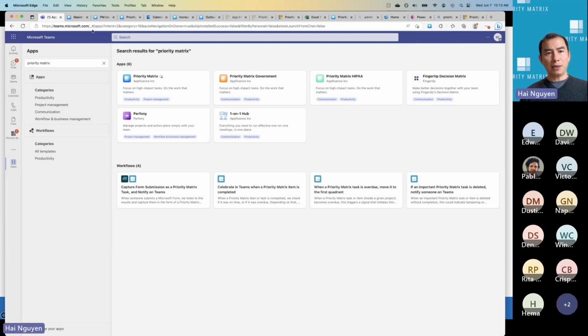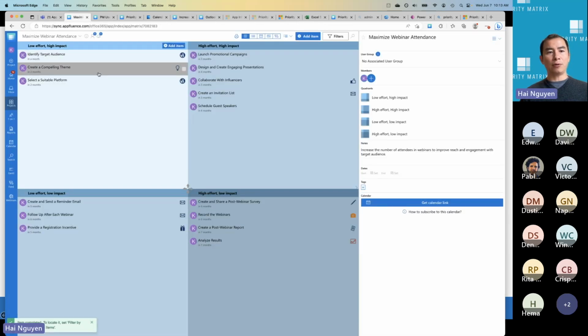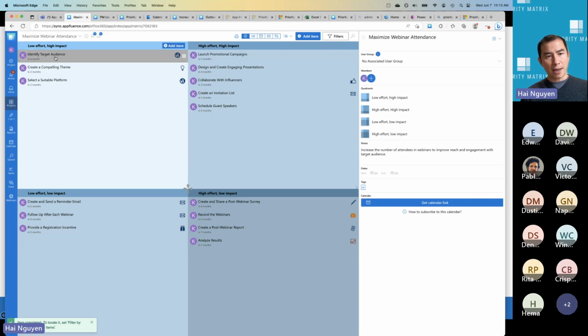So now let me go back to Pretty Matrix here, because I want to make sure that I cover some of the final capabilities inside Pretty Matrix, because, again, you get 80% of the value from Pretty Matrix by using just the quadrants and prioritizing tasks and assigning them and setting due dates and so forth. What happens all the time is that you end up wanting to take Pretty Matrix and then connect it to other things. So there's one thing I want to show you here, which is when you have a project,